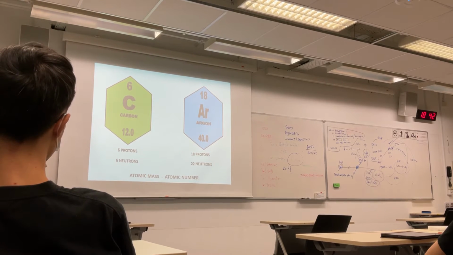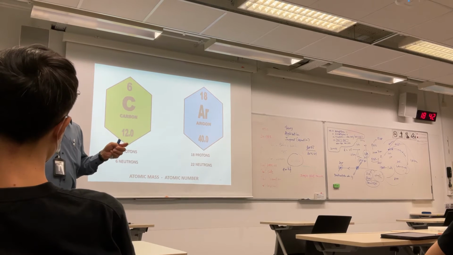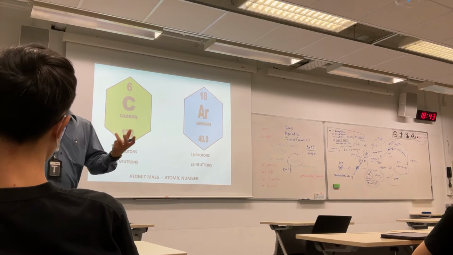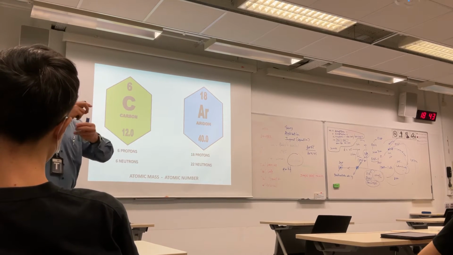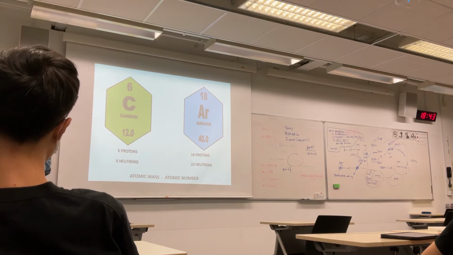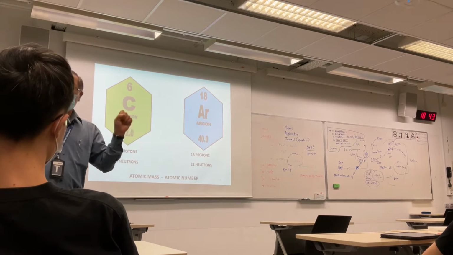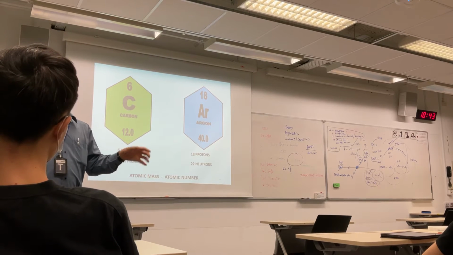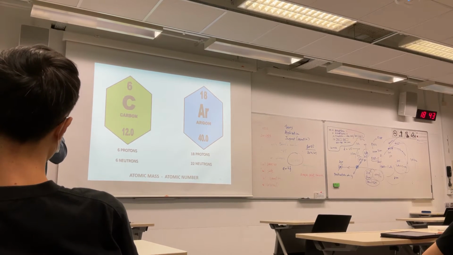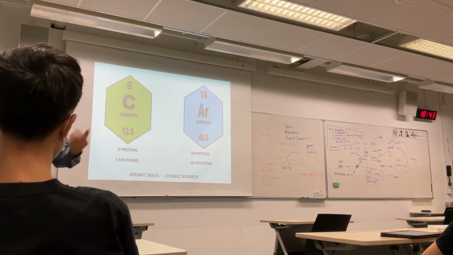For example, uranium. How many neutrons do you think are there in uranium? Uranium is the heaviest natural atom. The atomic number is 92. There are many isotopes, 237, 235. As the atom gets bigger, there are a lot of isotopes. Uranium 235 is fissile. That means you can use it for an atomic bomb, you can make an atomic reaction. The normal one is 238. 238 is quite passive, but it's still radioactive. So each isotope behaves slightly differently.